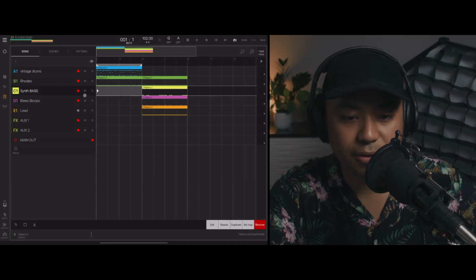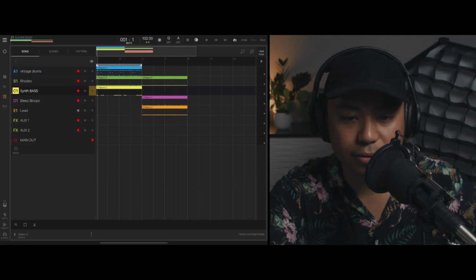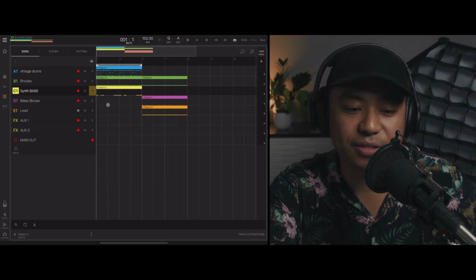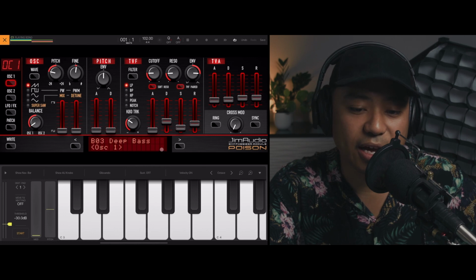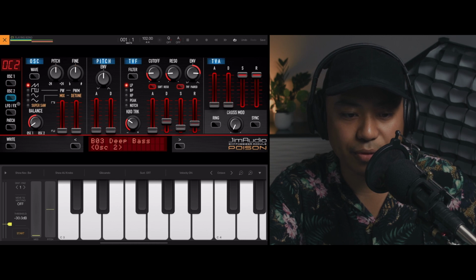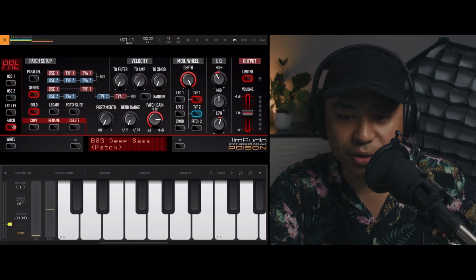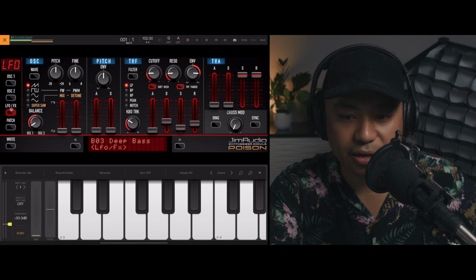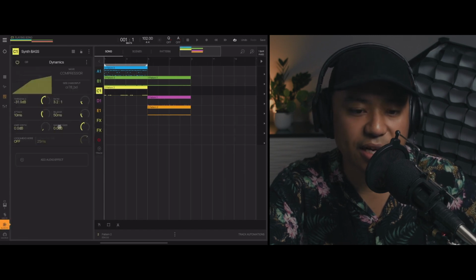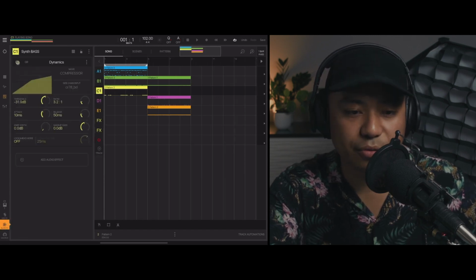All right, so the next thing I added after the Rhodes was the bass line. So let's solo that. So the synth that I use for the bass line is my go-to, which is Poison 202. And again, I used the deep bass patch, and I tweaked the parameters to get it how I want it to sound. So I just adjusted some of the EQs and the filter, and I believe I added some effects as well. And then on the effects chain within BeatMaker, I just added some side chain compression to the kick drum. So without the side chain compression,